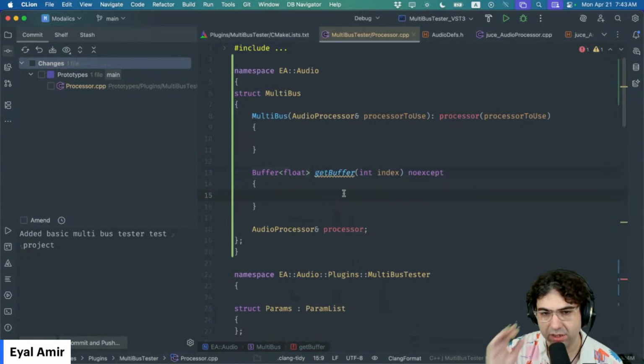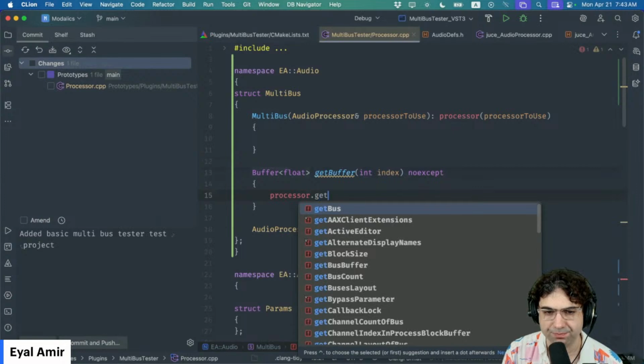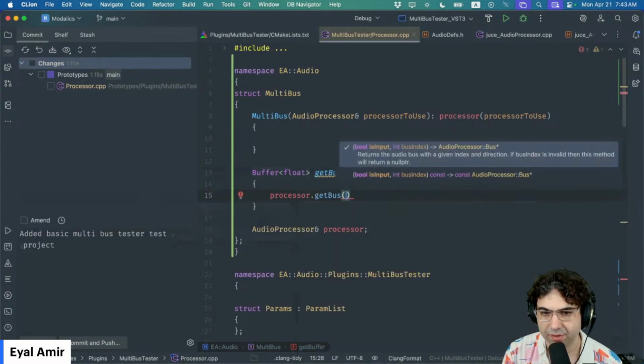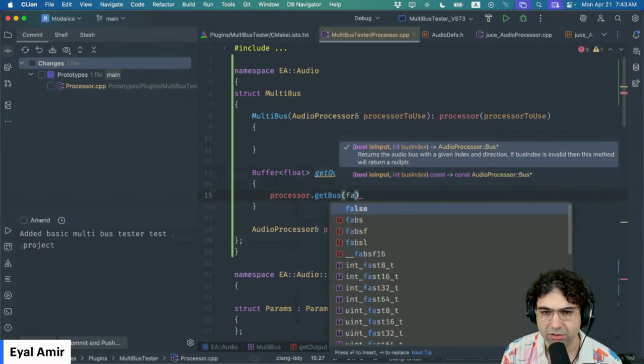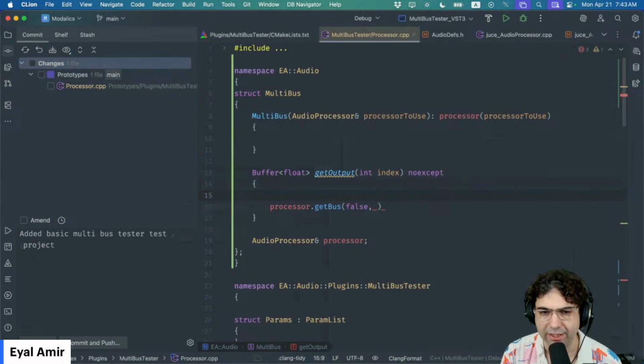So one way to handle this is to do something like processor get bus, ask for that bus as input. Do I care about the inputs in this case? Let's call get output buffer, get output. This is better. So this is going to call processor get bus false. And first of all, I need to check if this actually exists. I think it's possible that I would not have that bus. So if processor get